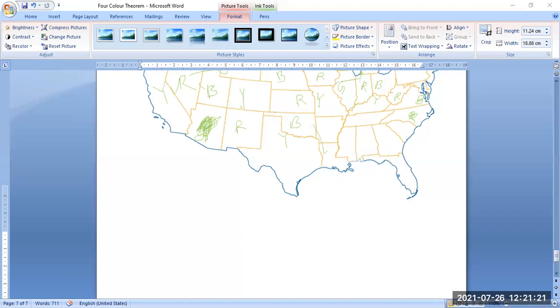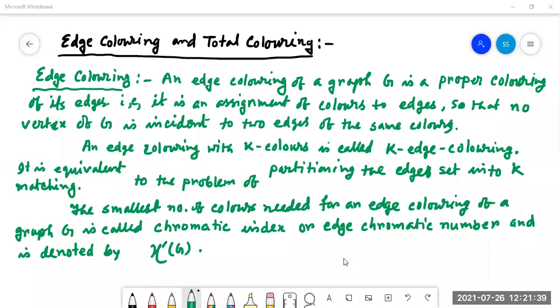I'm just stopping sharing of this. Okay, it is your task. You can take it and give it to me. So I am sharing the new part, edge coloring. Is my screen visible to all? Now it is visible to all.